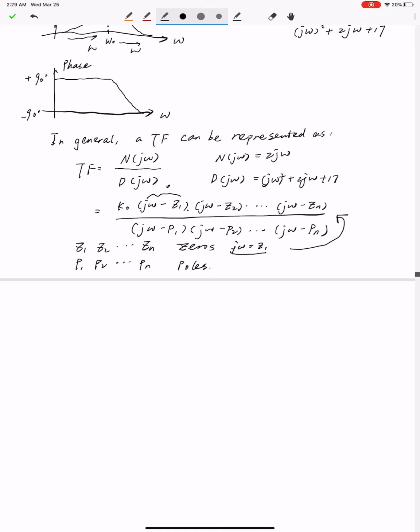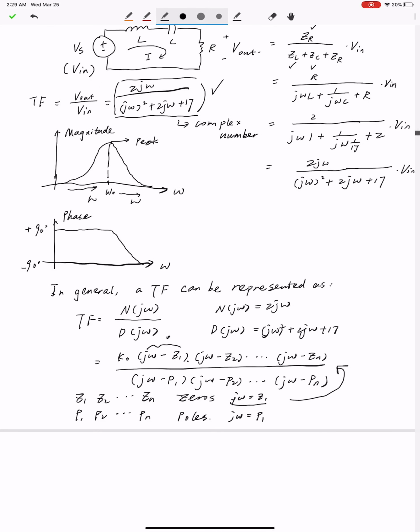And poles are values that make the denominator 0, right? For instance, if j omega equals p1, and you plug this value into the transfer function, you will find the denominator becomes 0, right? So